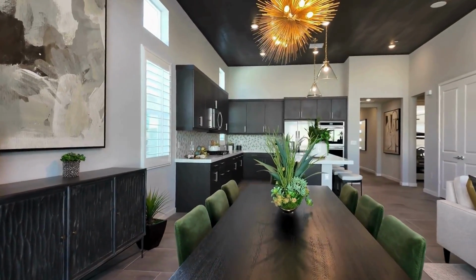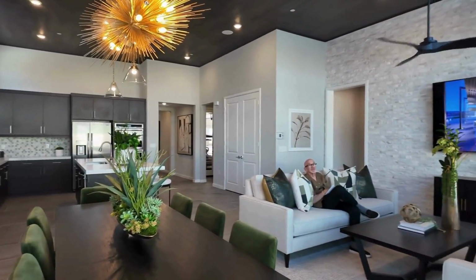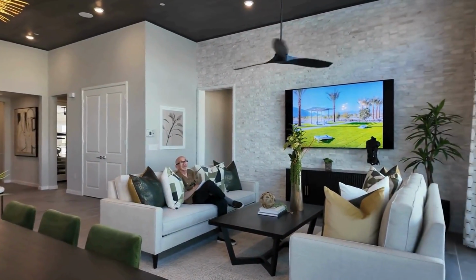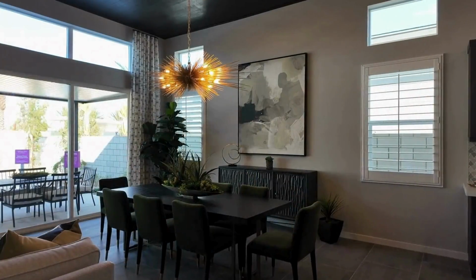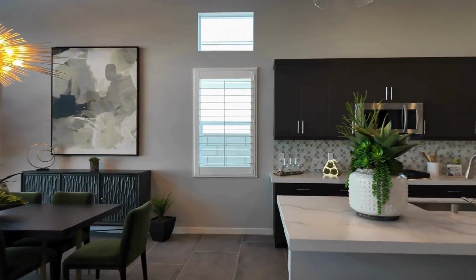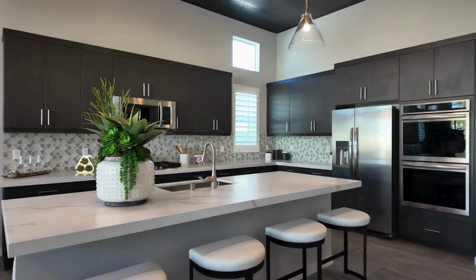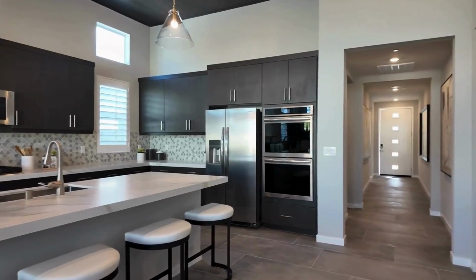I like the big open great room. I showed you where the bedrooms were in the virtual walkthrough, and yeah, there I am, just kind of on the couch, and I do like that light fixture. That was part of the finished work I liked, but nice open space, and you saw the bedrooms on the